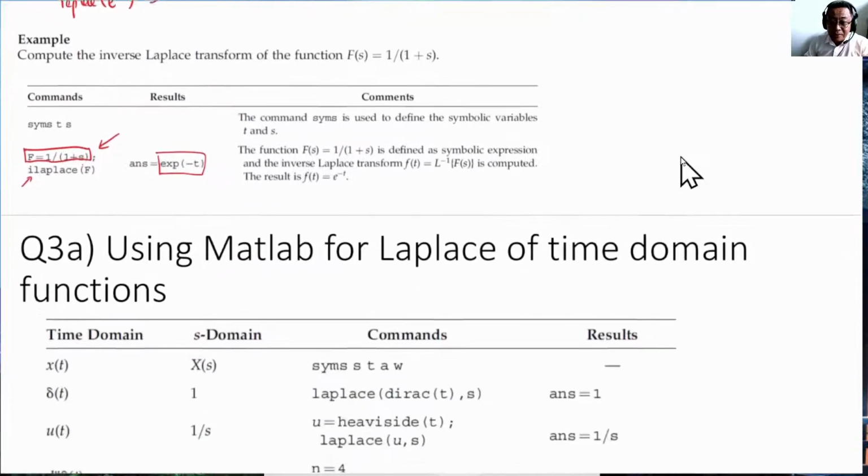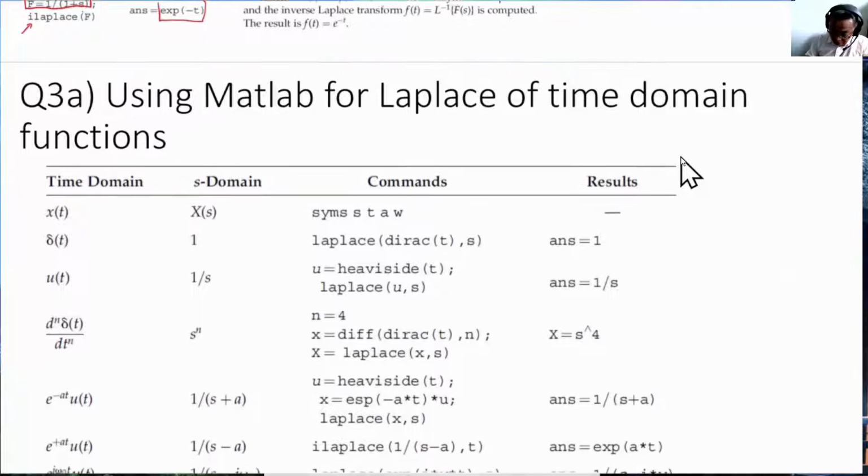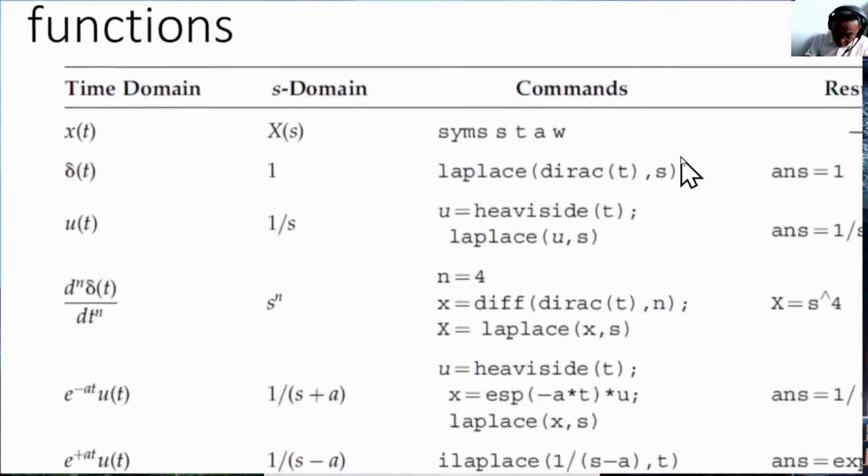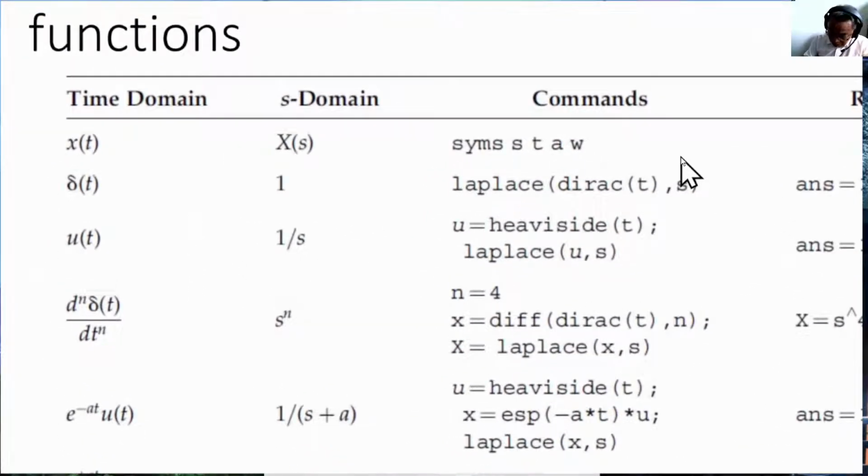Let us now see the Laplace transform of various time signals. I'll just introduce some of the special signals that have special names. d of t is the delta function, and in MATLAB it is called Dirac, D-I-R-A-C, and unit step also has a special name. It is called Heaviside. So we've declared u of t, or u, to be the Heaviside function, Heaviside t, and